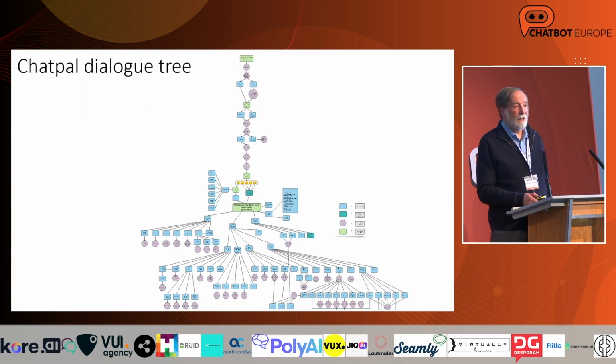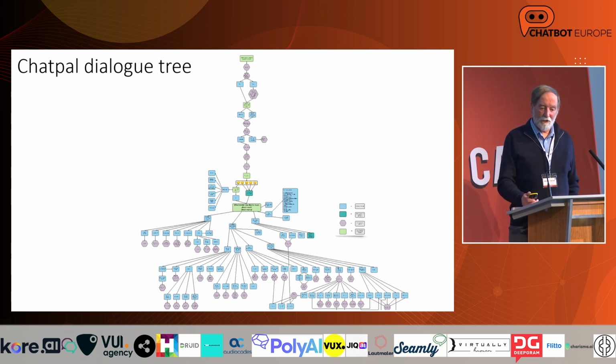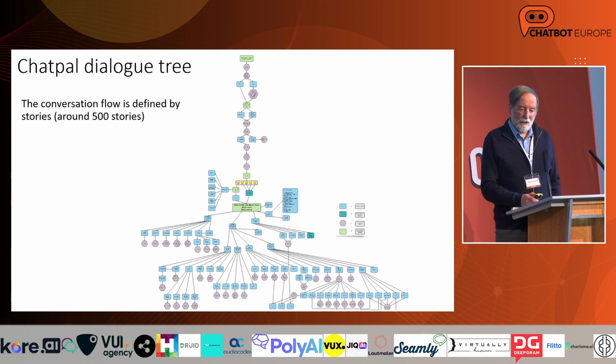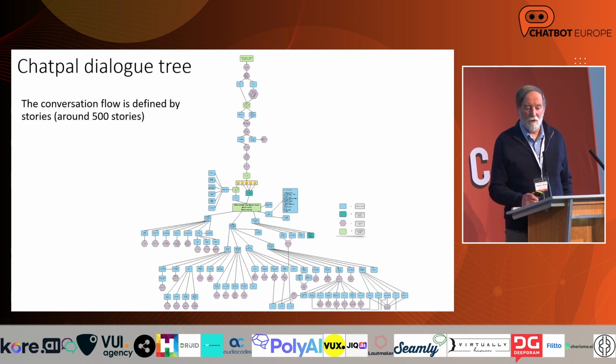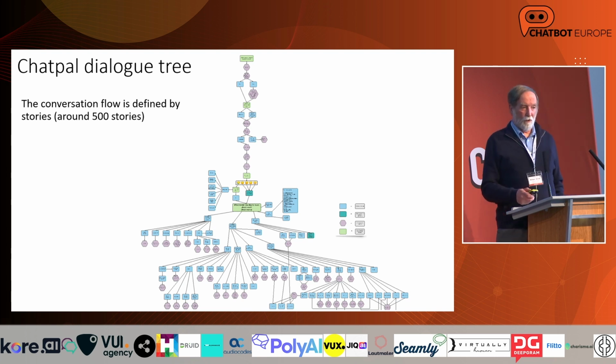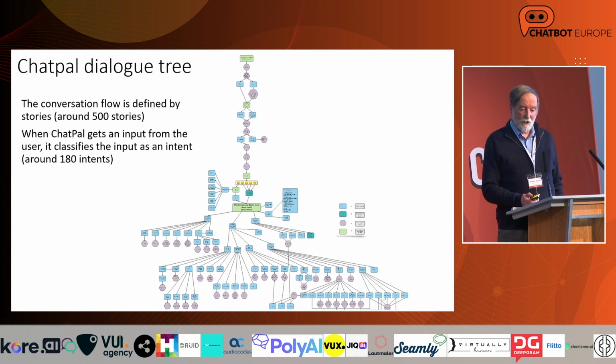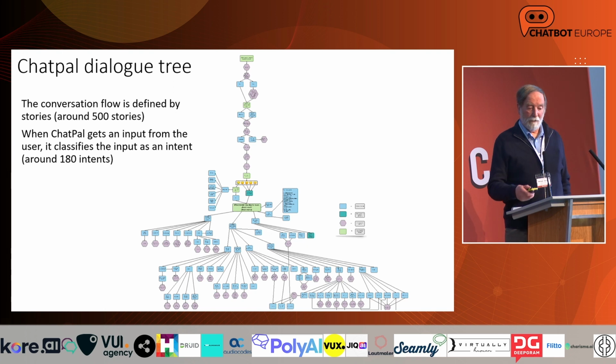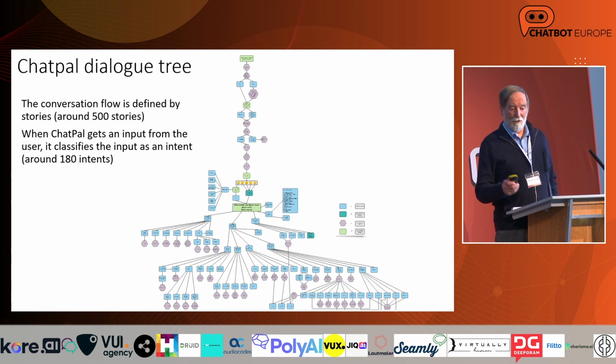So moving on fairly quickly, at the design stage, we developed this horrendous dialogue tree, which looks like a recipe for disaster. But in RASA, you can actually split all of that up into little subtrees or subflows, whatever you want to call them, which are then called stories, and they're little snippets of interaction. And so we actually had 500 stories, and to actually get into a story, you would have an input which would be classified as an intent, which would then map into one of the stories.